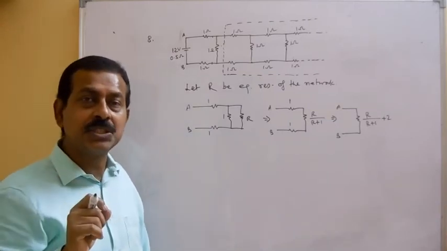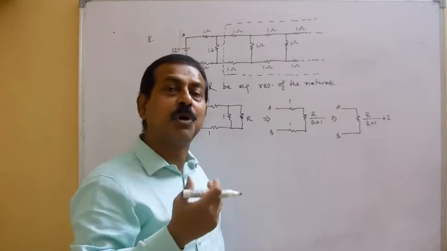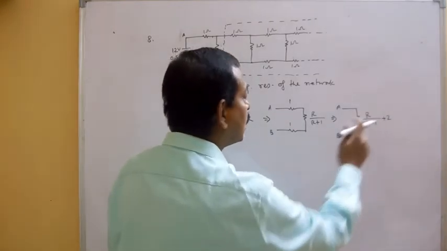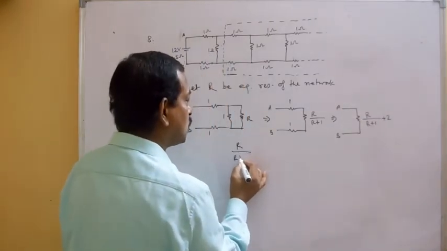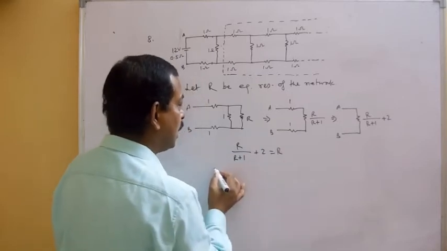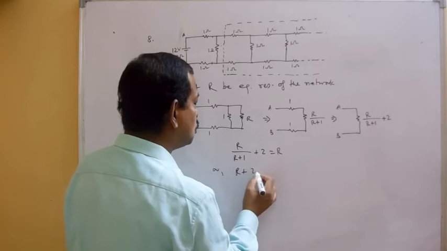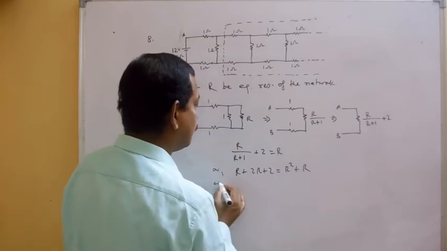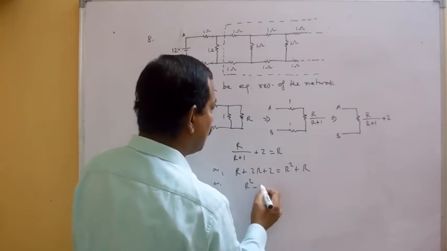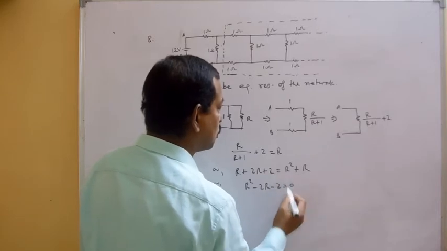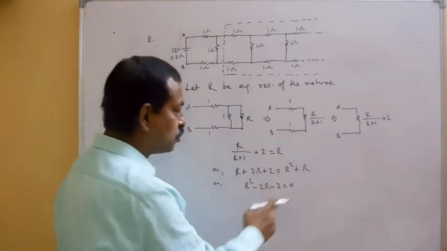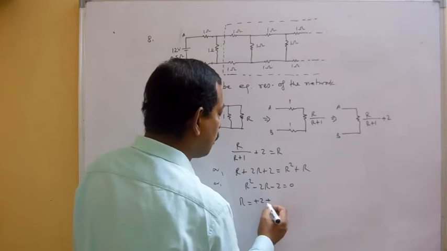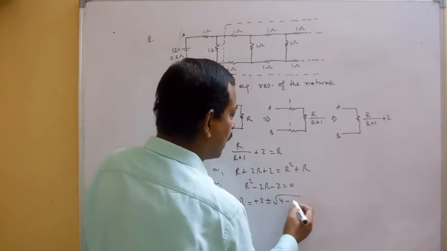Now this single resistance between point A and B, we have already assumed that the equivalent resistance is capital R. So R by R plus 1 plus 2 is equal to capital R. To simplify this, R plus 2R plus 2 equals R square plus R, or R square minus 2R minus 2 equals 0. If you try to solve this quadratic equation, the solution will be R equals minus B plus minus root B square minus 4AC